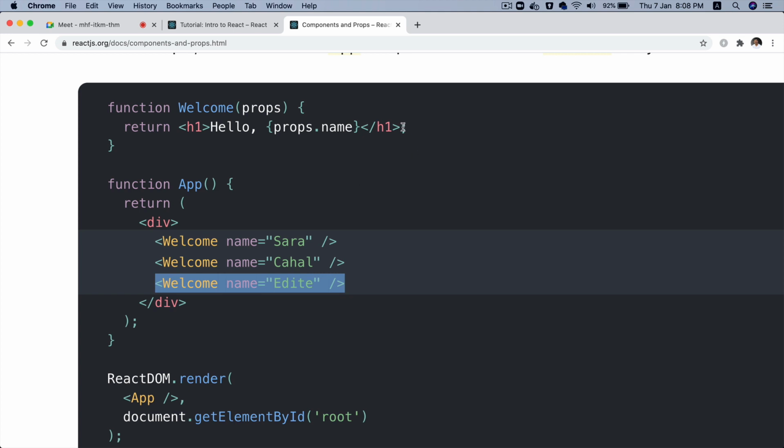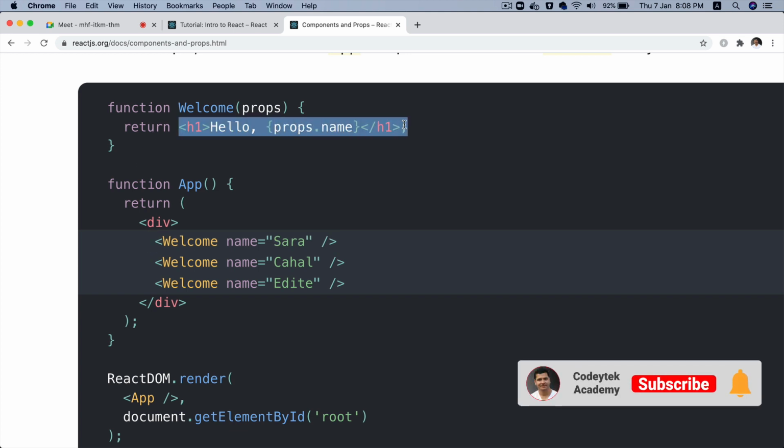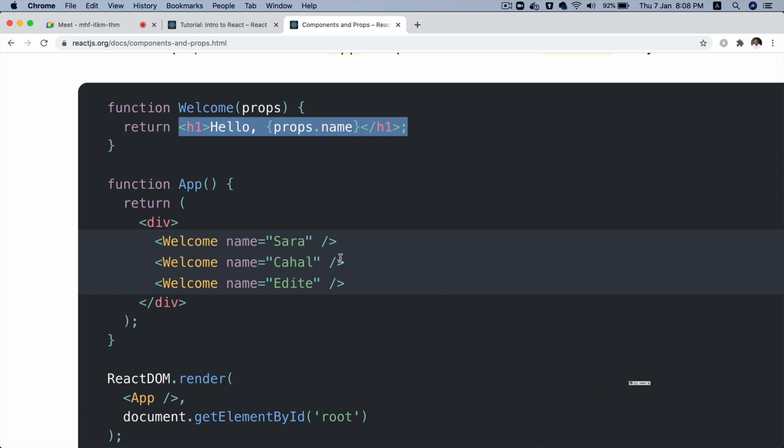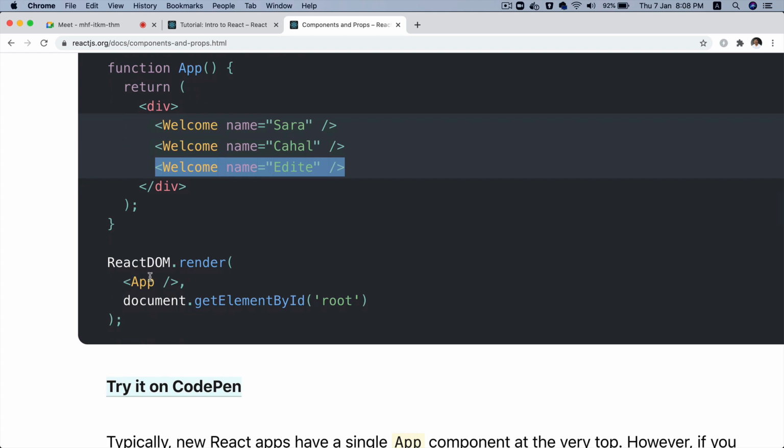So what would happen is it is going to print h1 3 times. So this will get replaced by what this is returning. So h1. First time the name will be Sarah, second time the name will be Kahel, third time will be Eriti. And over here, same thing, you already know that if you would like React to go ahead